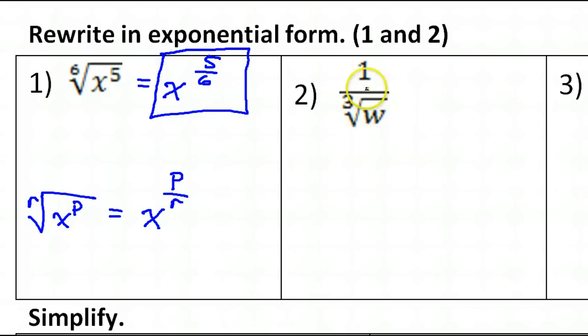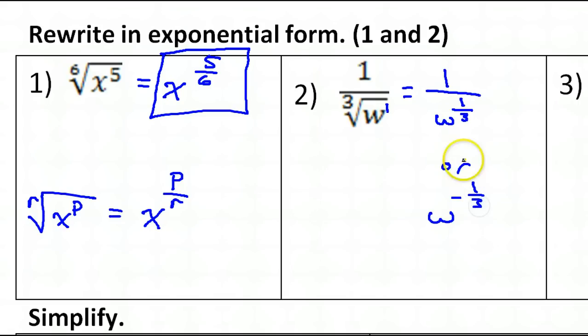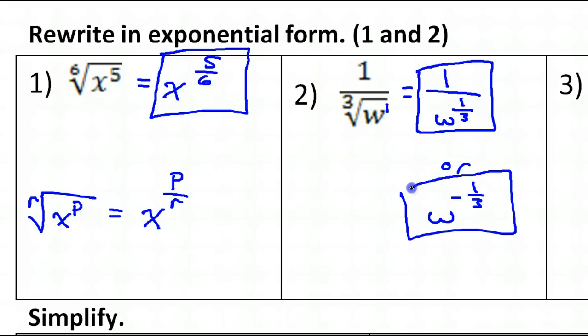Same thing with number 2. It does have that 1 over the top of it, so that'll just stay there. But power over root. Now the power is a 1. You could think of this as w to the first power. And the root is 3, so this will be w to the 1/3 power. And you can just leave it like this. Or if you took the extra step of understanding that this is w to the negative 1/3 power, that's also great. Because that negative exponent would drop you down to the denominator,